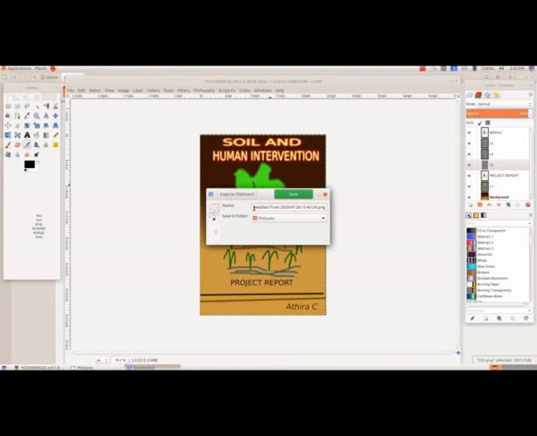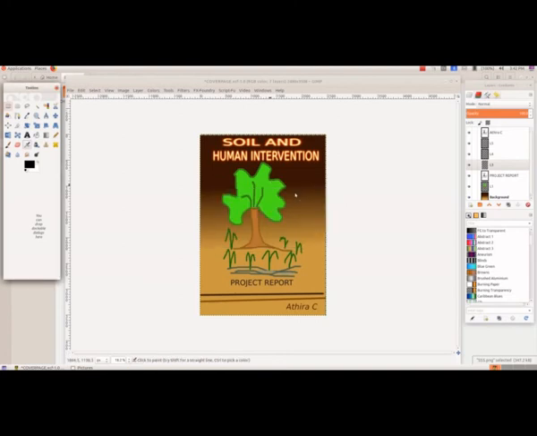The file name we are giving as SS6, and the save in folder is again pictures only, and save.